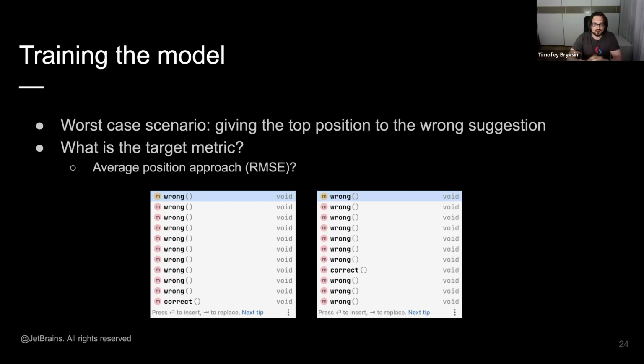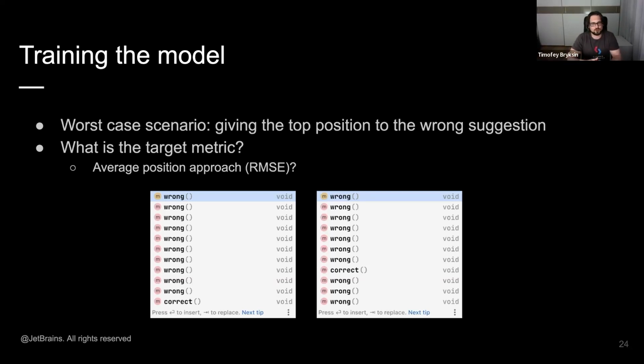When people train ranking models, the default, or a very popular metric, is RMSE, root mean square error, which tries to put relevant things higher than less relevant ones.